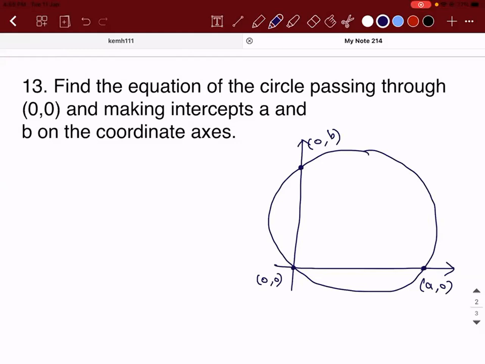Raghav, how to solve? Sir, we have to use... First you wrote the general equation. Yes, sir. x square plus y square plus 2gx plus 2fy plus c is equal to 0. Correct? Then what will you do? The circle is passing through 3 points. So how many unknowns are there in the general equation? g, f, and c. So to find 3 unknowns, how many equations do we need? 3 equations. We have 3 points. Substitute those points. If I substitute 0 comma 0, then I'll get c is equal to 0.